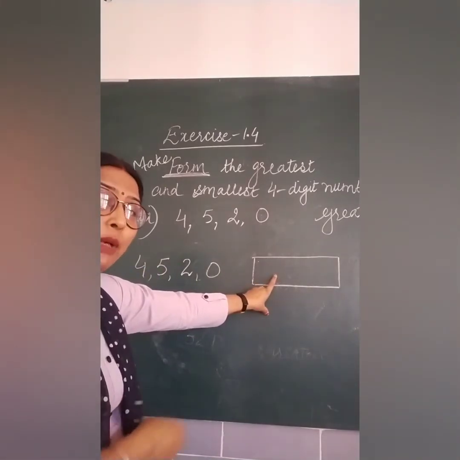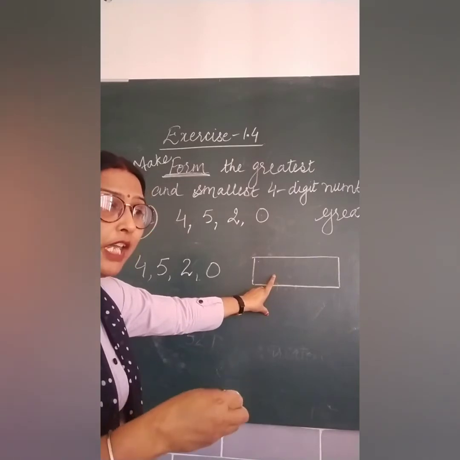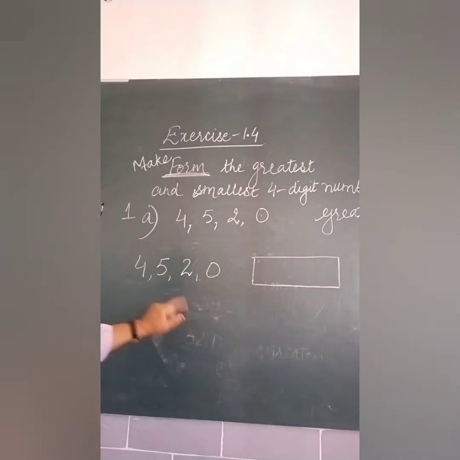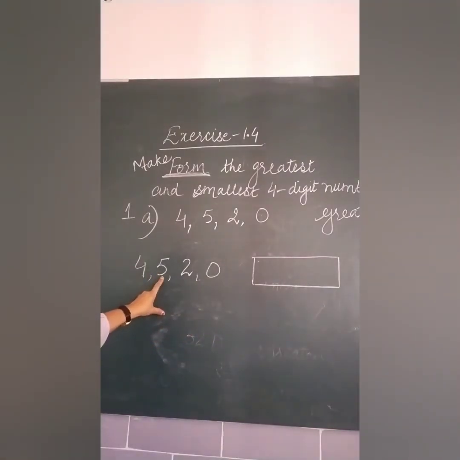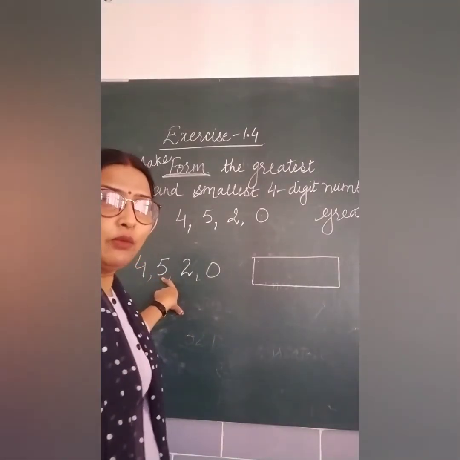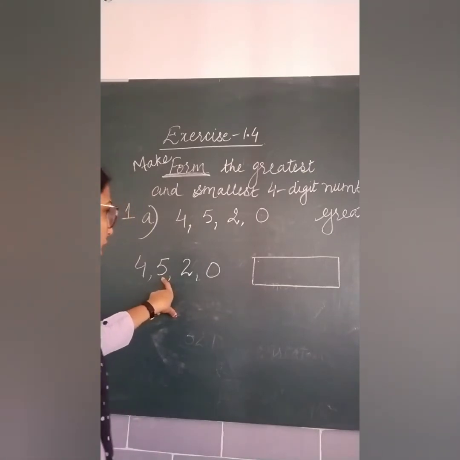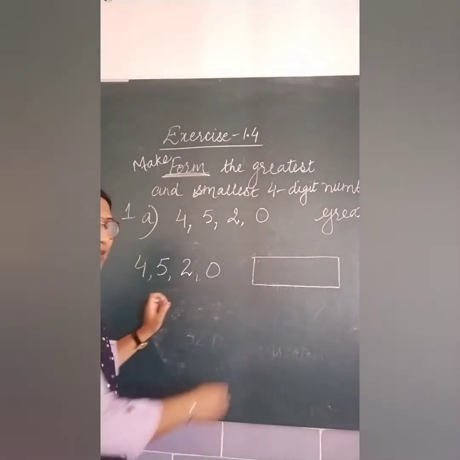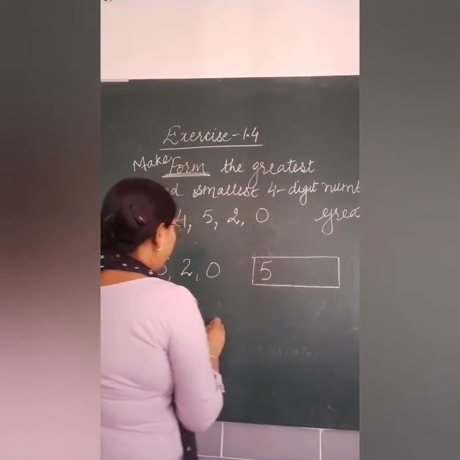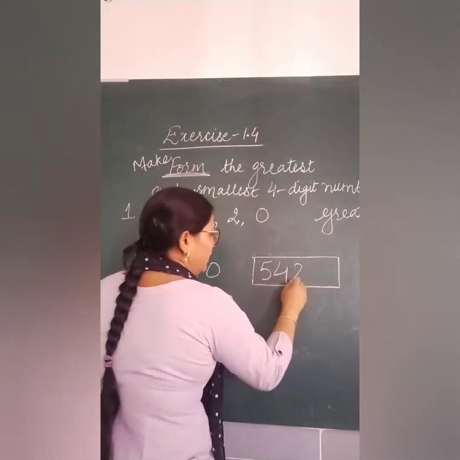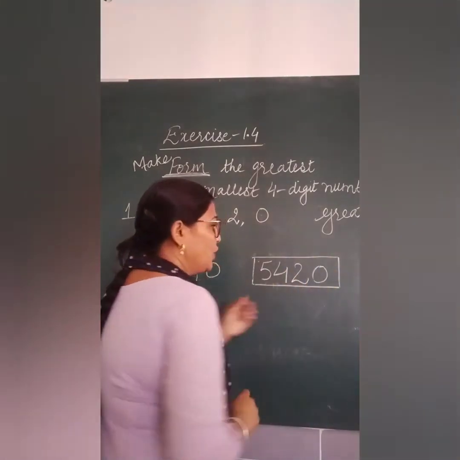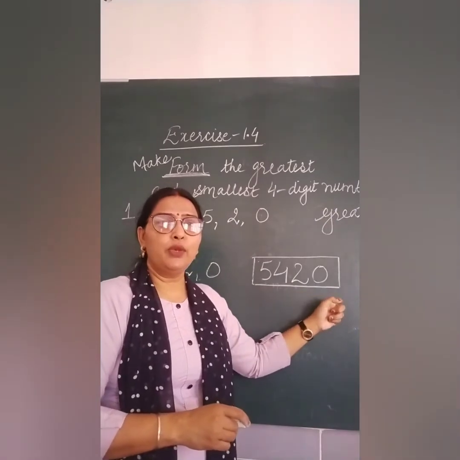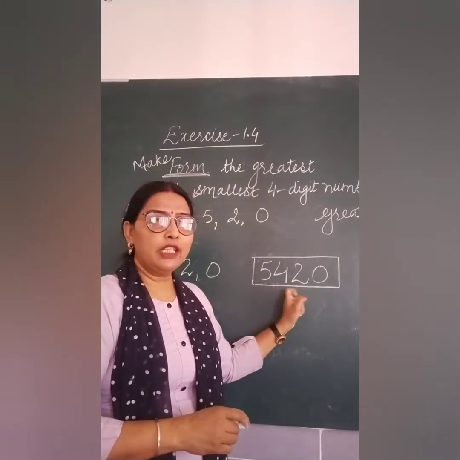Yes, अगर हम नंबर में भी हर एक डिजिट के बाद कॉमा लगा देंगे तो वो डिजिट्स ही रह जाएंगे, बेटा, वो नंबर नहीं बनेगा. Yes, so here for the greatest number we have to arrange the digits in decreasing order. सो डिक्रीजिंग ऑर्डर में सबसे पहले सबसे बड़ा डिजिट दैट इज 5, आफ्टर दैट 4, देन 2, देन 0. So the number we got, that is 5420.